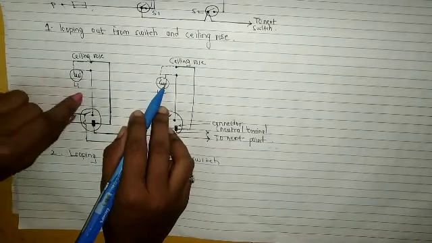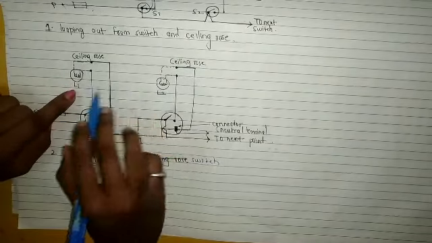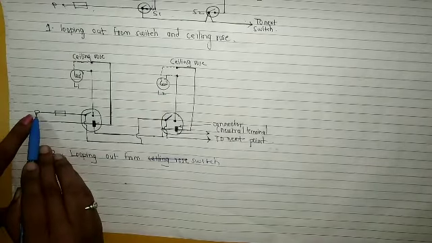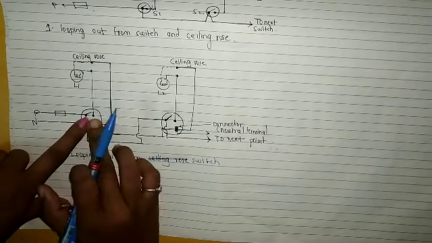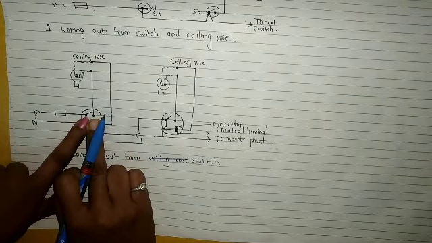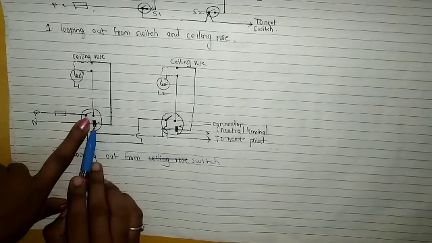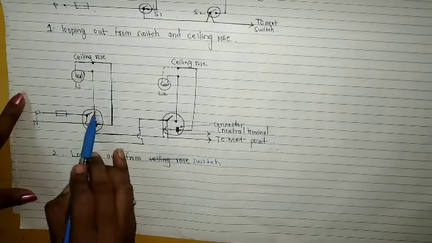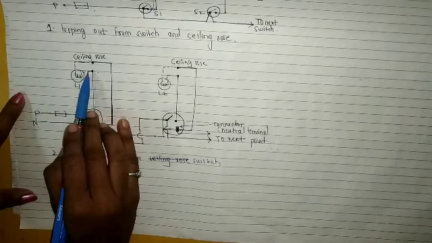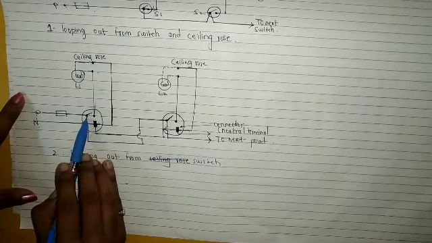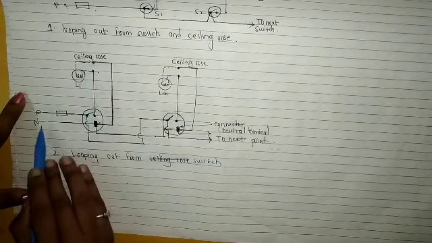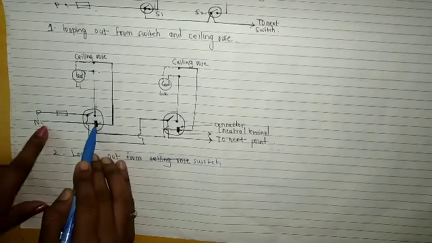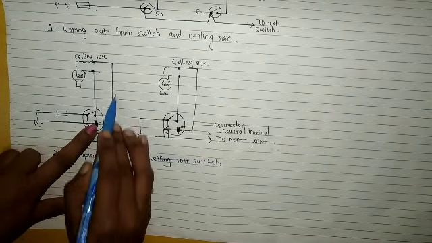From the ceiling rose we are providing lamps L1 and L2. This is the phase and this is the neutral. The phase will come to this point of this switch. Consider only this, our normal switch, and we just have to add this connector. The phase will come here to this switch and go to this lamp. Is it clear up to this? So our phase comes to this switch and goes to the lamp. Now, for the neutral, we have to go through this connector. We'll give this neutral to this connector, and from this connector to the ceiling rose.